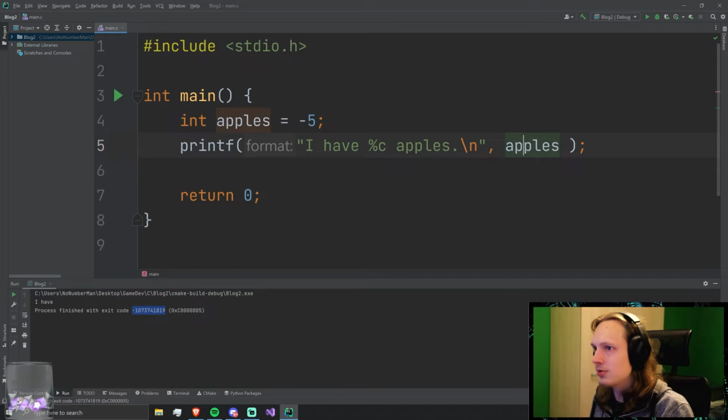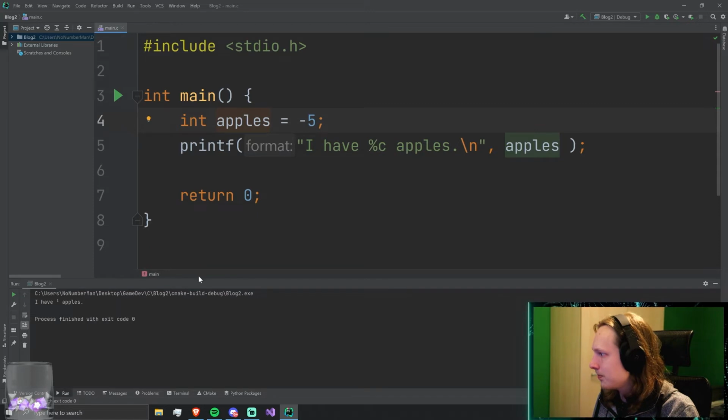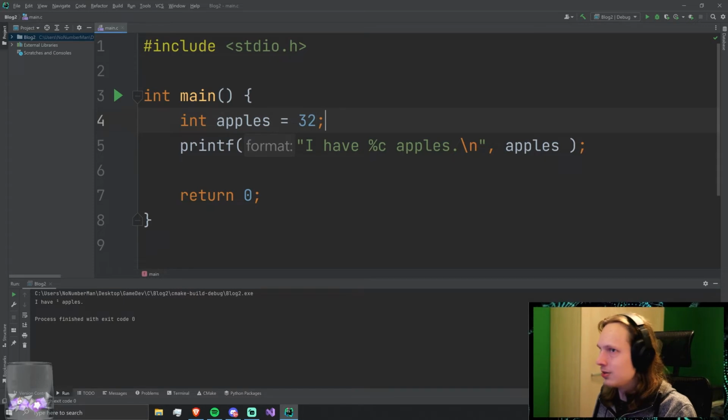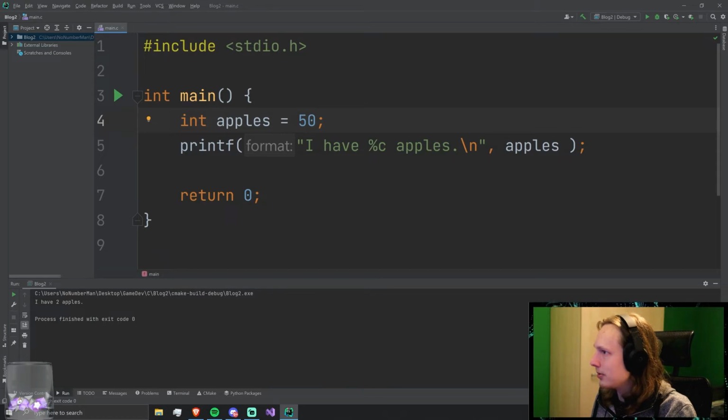Kind of sad. We also have C for chars. That might work actually. -5 read as a char. Yeah, so -5 gives us a weird char. Yeah, that's beautiful. I think 32 is like space in general. Yeah, then you'll get a space. I actually don't know. I think like in the 50s or something, you get normal letters. I have 2 apples. You know, black magic. I don't know the whole Unicode character table from the top of my head, but apparently Unicode character 50 is a 2. Well, there you go. 2 apples now.